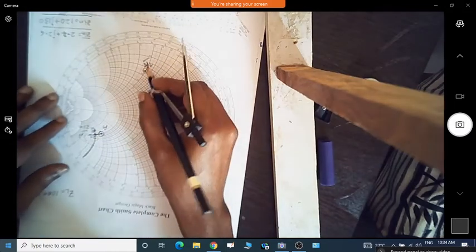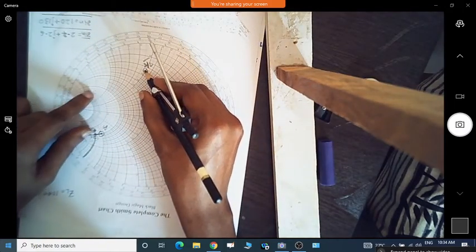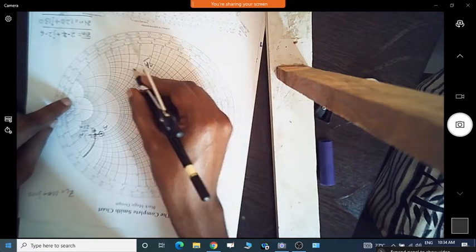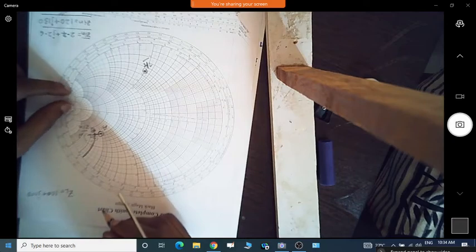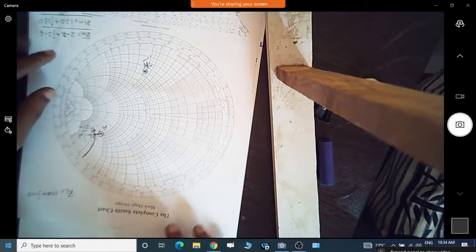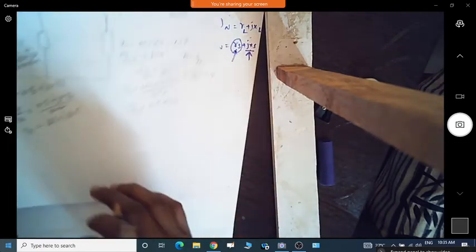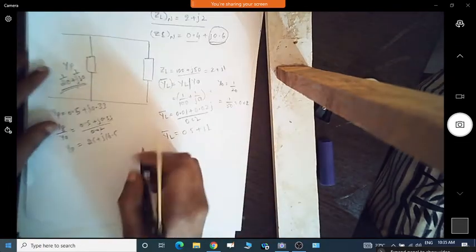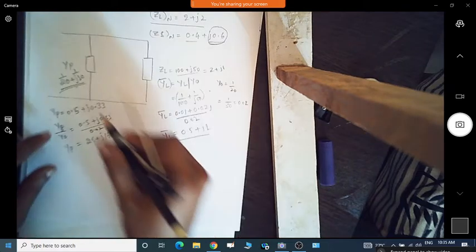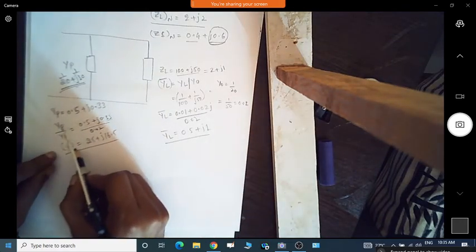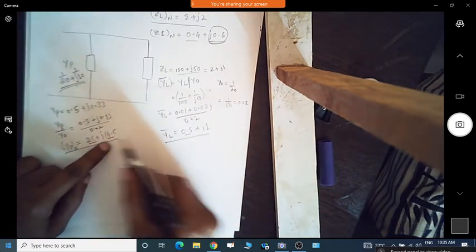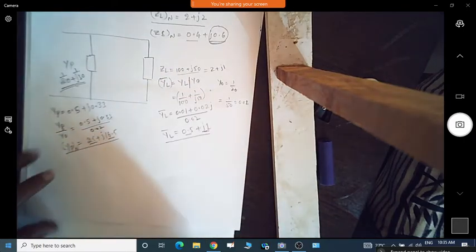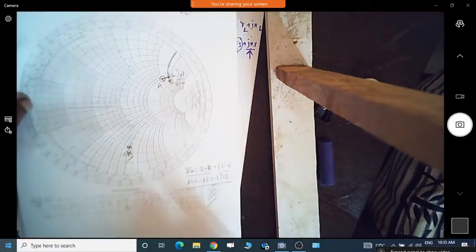So if I add this 16.5 susceptance value, it may come around here. So it is going exactly into the smaller region, so that we cannot find out here. So we'll take some other value and try to do it. So for this admittance, first we need to get the normalized value, and then whatever the normalized value of the parallel admittance we get, we need to add the corresponding conductance and the susceptance. So that is what we are going to get for the admittance application.